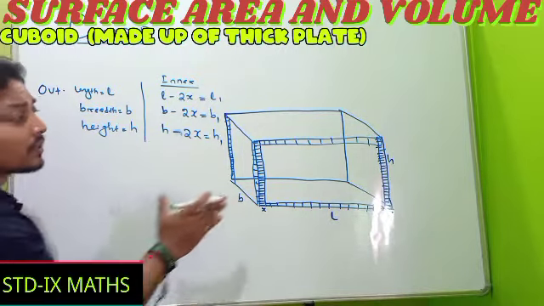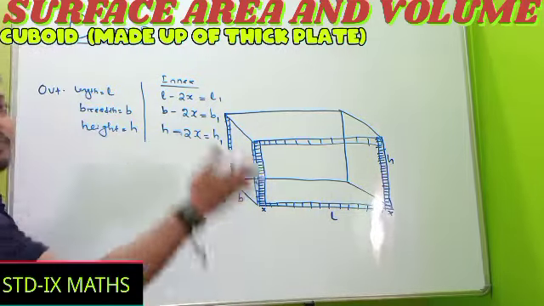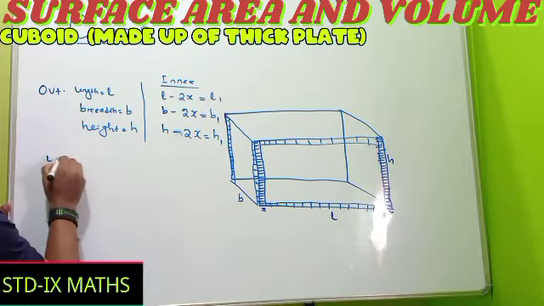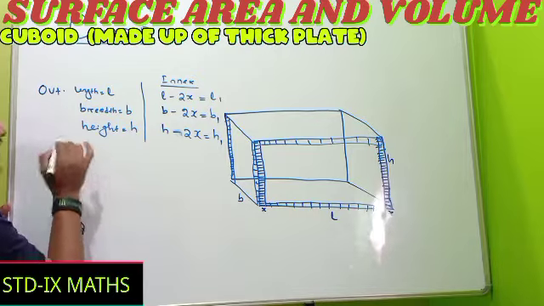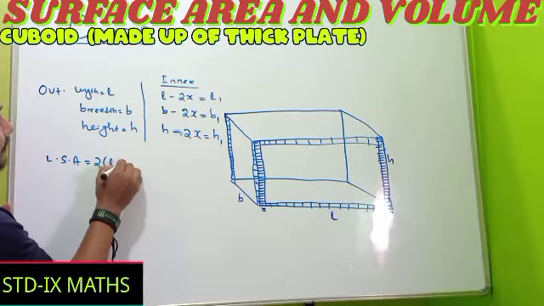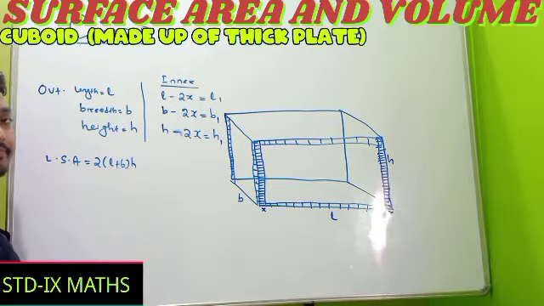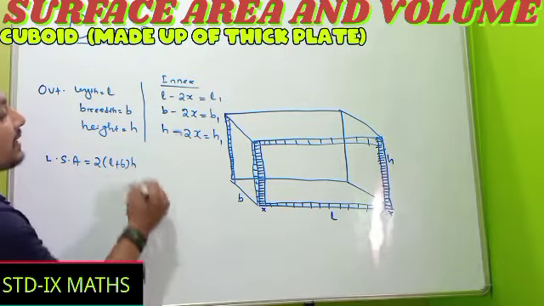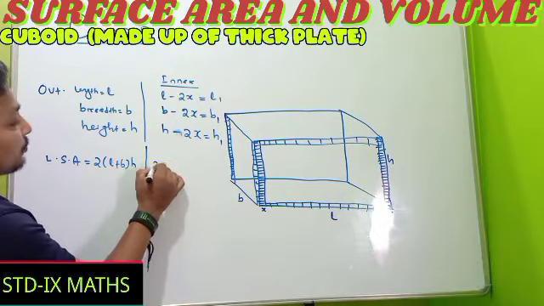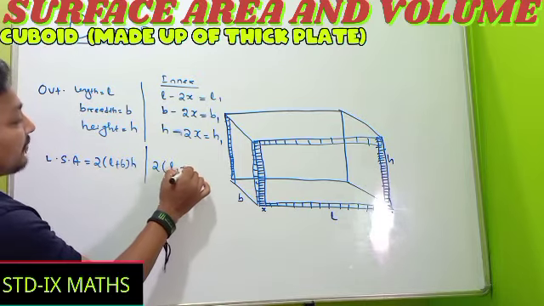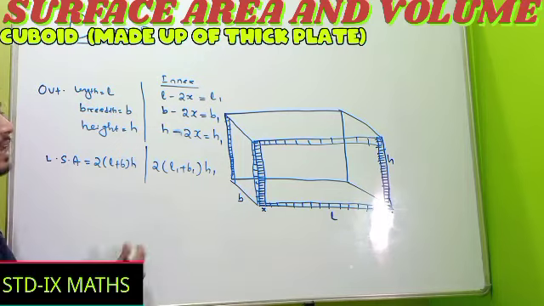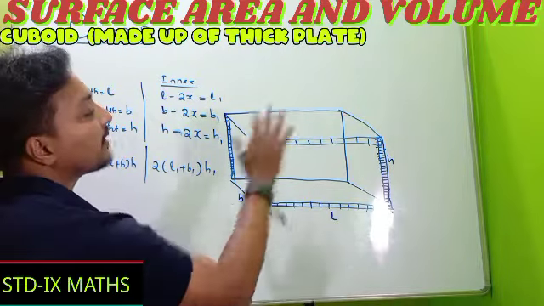And listen, in this type of situation, whenever it is asked that you have to do the coloring of the outside, it means lateral surface area. Outside means outer. Lateral surface area formula is 2 whole into L plus B whole into H. But the same thing whenever it is asked for inner, your formula is changed to 2 whole into L1 plus B1 whole into H1. The same lateral surface area, here it is the outer, here it is inner.